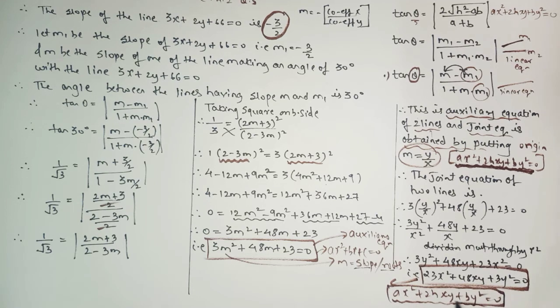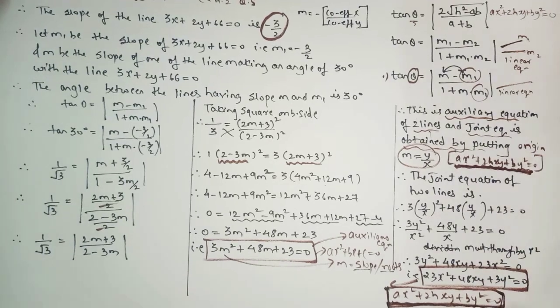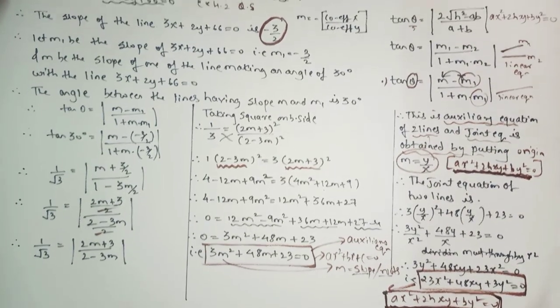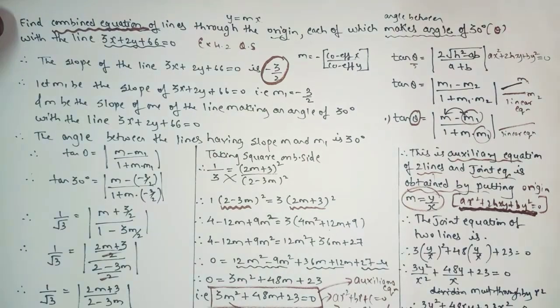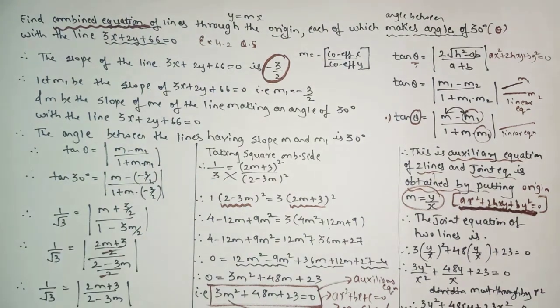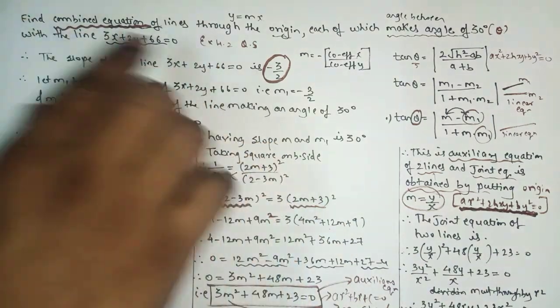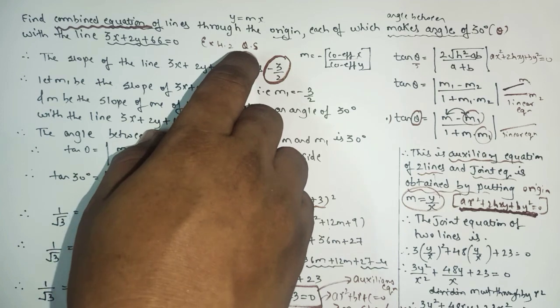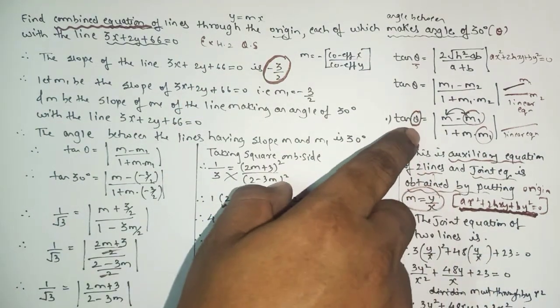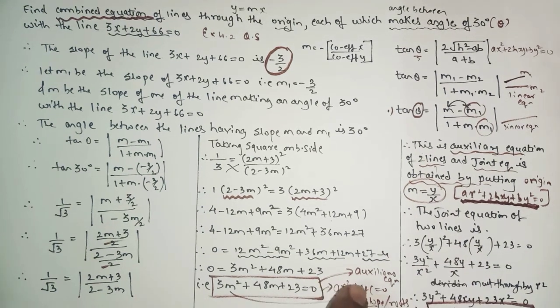when you have two linear equations and the final answer is a quadratic equation, we know that a quadratic equation is nothing but a combined equation. So that's why I took this sum separately, as I know that type number 1, 2, 3 is based on combined equation. But this sum is from exercise number 4.2, question number 5. It is a mixture of acute angle and the combined equation, as well as the auxiliary form also.